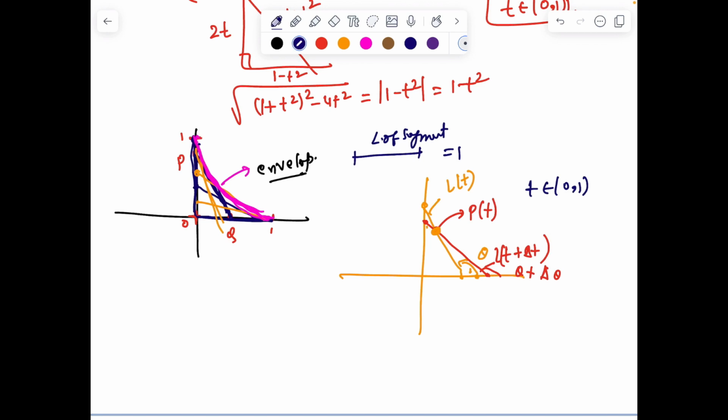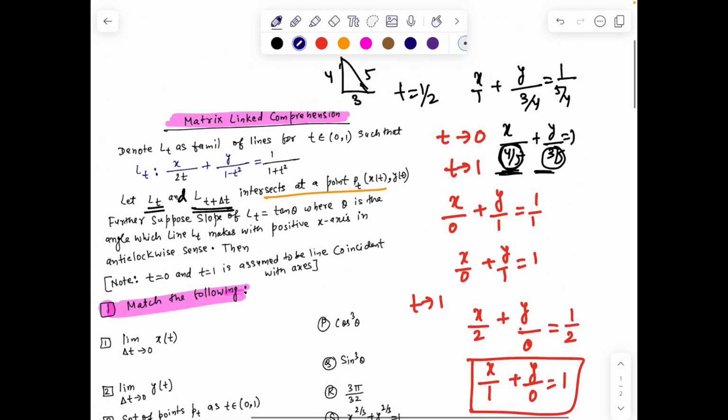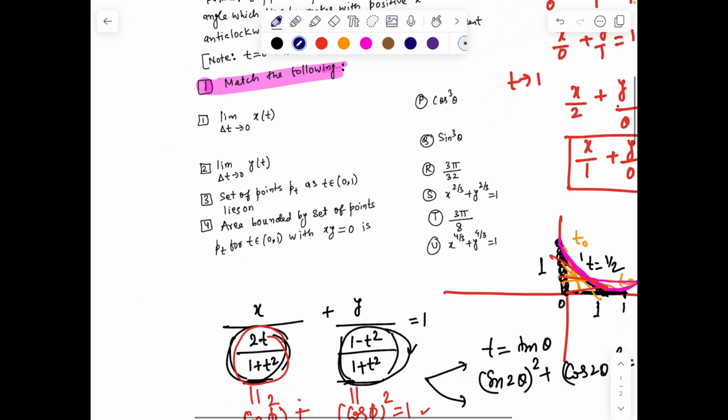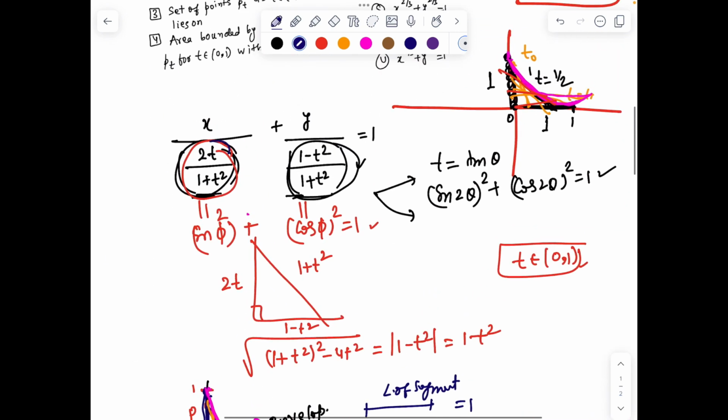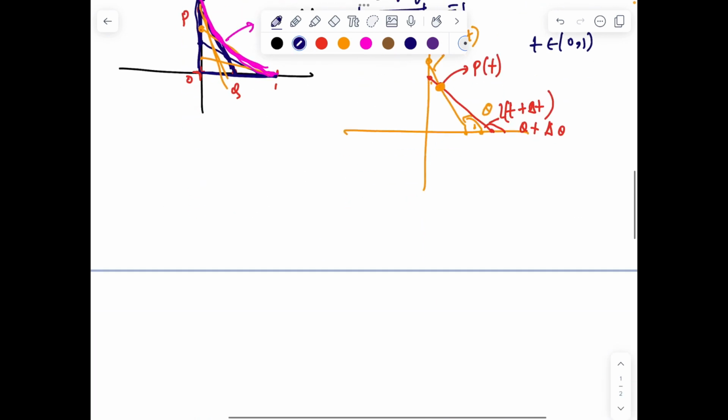And for that locus we'll get a curve and we need to identify what kind of curve it is. तो ये बहुत ही शानदार सा क्वेश्चन है. इसमें हम एक और बात यहाँ पे ऐड कर रहे हैं कि अगर कोई बच्चा इसको और फील करना चाहे, लाइक 2t बाई 1 प्लस टी स्क्वायर, 1 माइनस टी स्क्वायर बाई 1 प्लस टी स्क्वायर, तो इसको ग्राफिकली भी